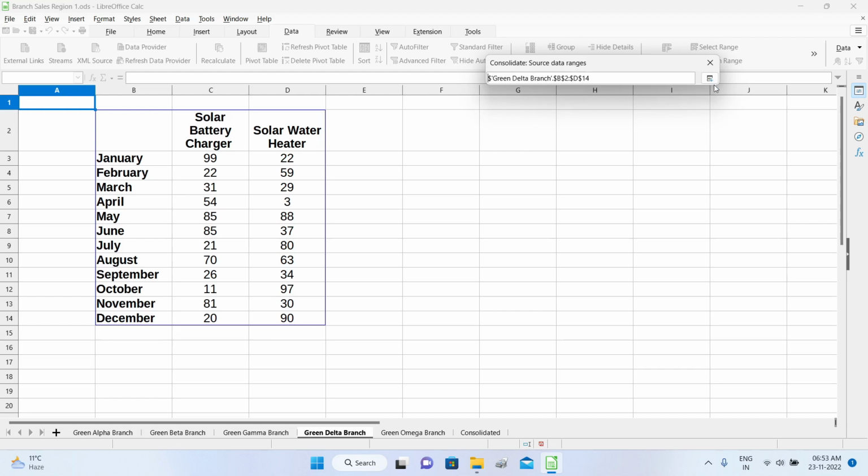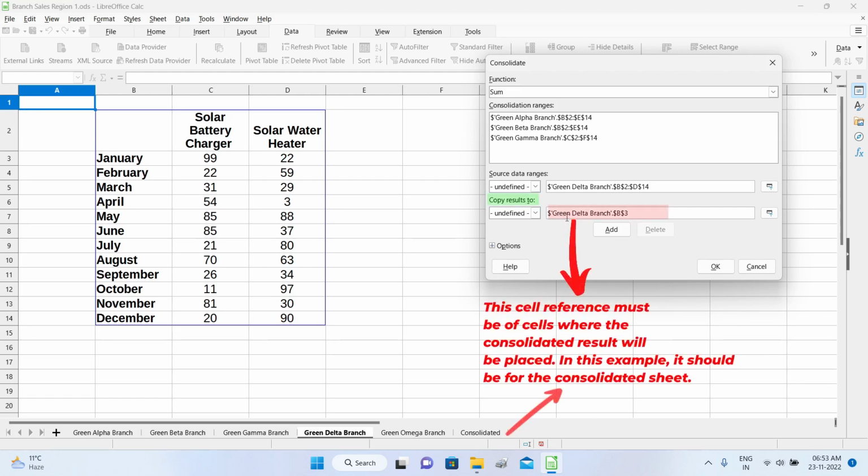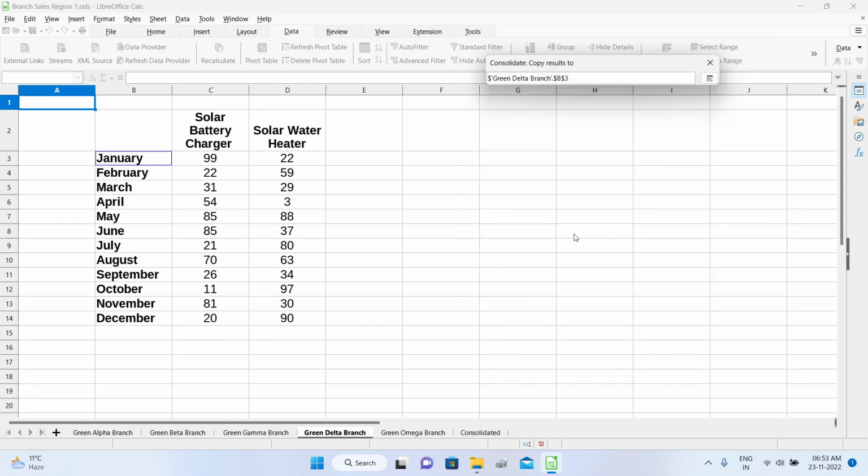So this is correct. So I'm going to come here. As you can see, the green delta branch sales data has been made available here. What has happened though is that the copy to results has changed. So I need to make sure that this is correctly represented. I want the results to appear